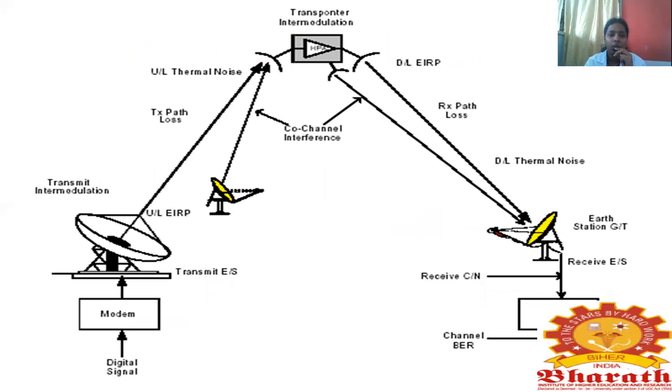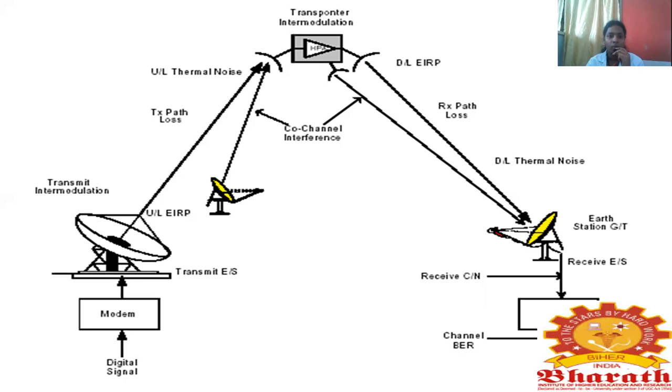This is what we'll go for with the digital signal, and the components that we make use of during this transmission. In the previous slide we saw the process of transmission. Here we look at the components that you're going to make use of for the transmission. The components are the modem, the transmission antennas, the receiving antennas, and the modulator also. So only these components you're going to consider.